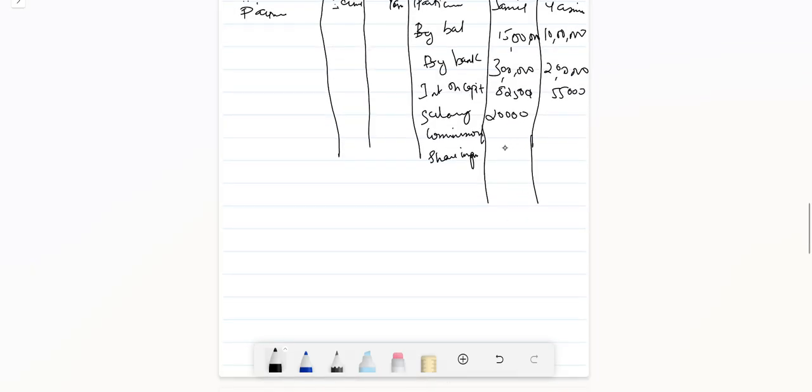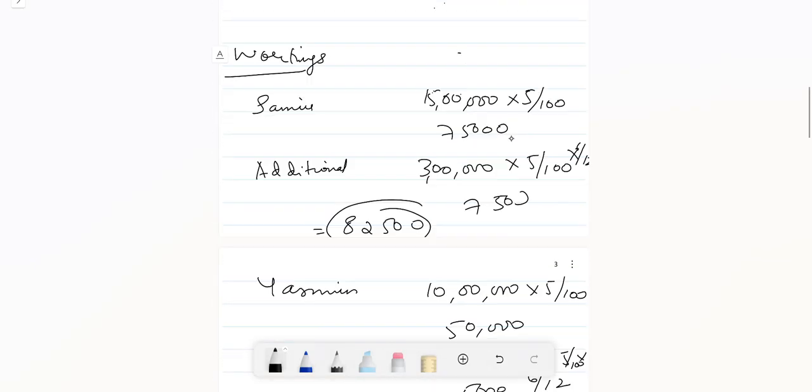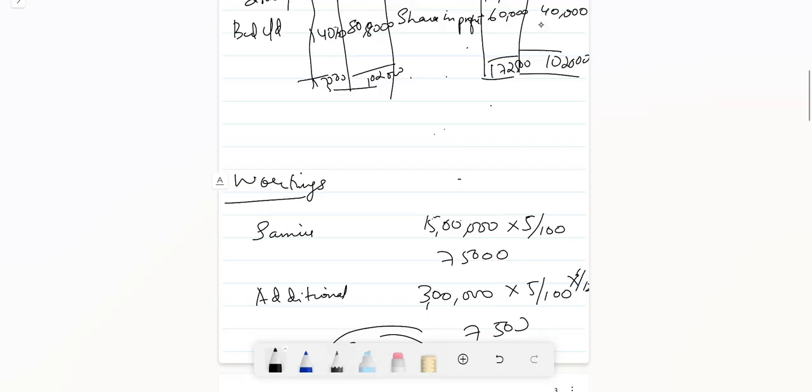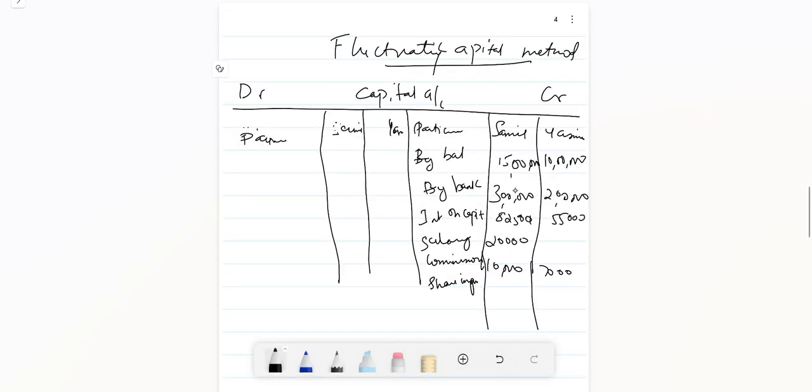Commission, how much is the commission? 10,000 and 7,000. Okay. Share in profit, how much is the share in profit? 60,000 and 40,000. Two drawings,